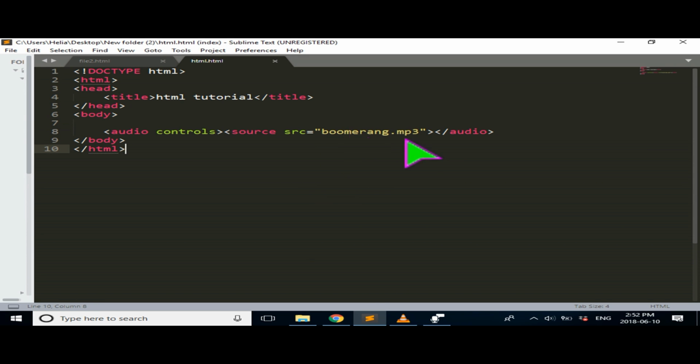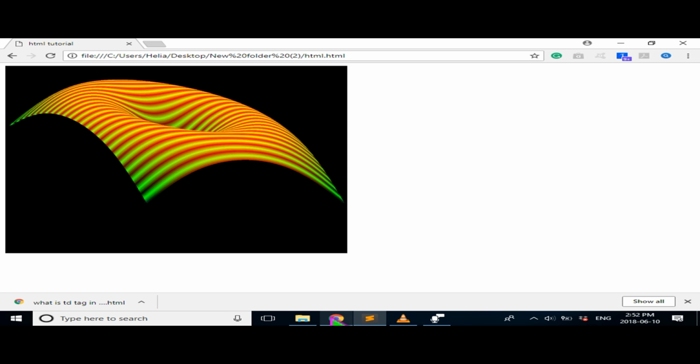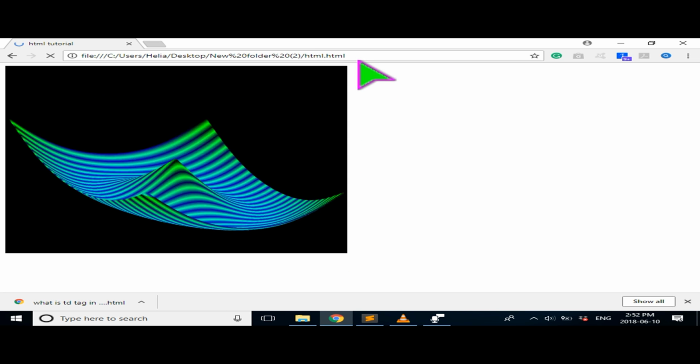So here I'm just going to use the sound of a boomerang. I'm not exactly sure how to pronounce it, but it is an MP3. So I will specify that this file is MP3, and I will save this. When I run it, you can actually choose how loud you want it to be, and then if I just press the play button,